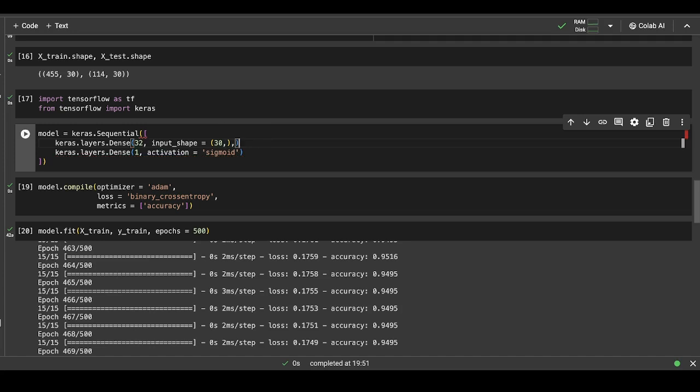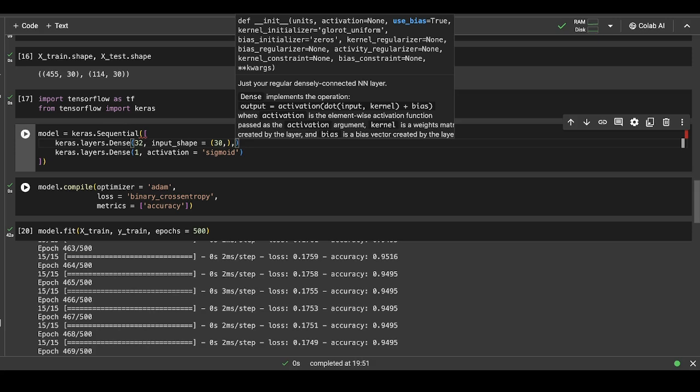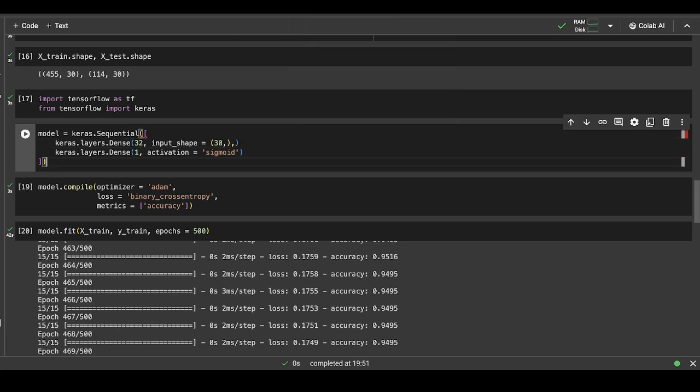30. That is, we have 30 features in our input data set, and the first hidden layer can contain n number of hidden neurons. We are saying that we want 32 neurons in the first hidden layer. And let us provide the first hidden layer with the ReLU activation function. Basically, all hidden layers in a binary classification have ReLU activation function, and the output layer has sigmoid activation function. So let us write activation is equal to ReLU, which is the rectified linear unit, and it chooses the maximum value between 0 and the provided x.